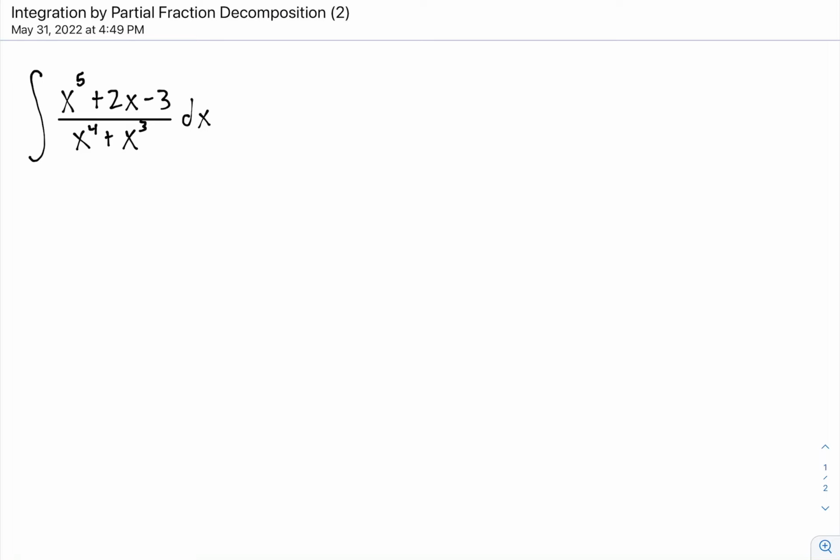Okay, so for this integral, I would definitely call it a Brum moment. If I were to call anything a Brum moment, this would be the definition. Okay, so when we look at this integral, right, we have a rational expression, a polynomial over a polynomial, and